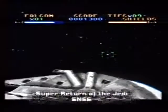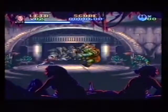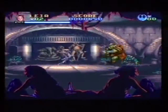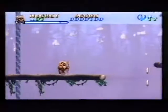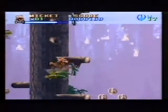But Super Return of the Jedi is the one that SNES owners have been waiting for. The final chapter in the Star Wars trilogy features music and scenes taken straight from the film. There are new characters to control. For the first time, you can play Princess Leia. Here, she's putting up a mean fight against Jabba the Hutt's henchmen. Or you can swing through the forest as Wicket the Ewok, complete with Ewok-y sound effects. As with the first 2 Star Wars games, there's plenty of variety in the gameplay, including some very tricky flying